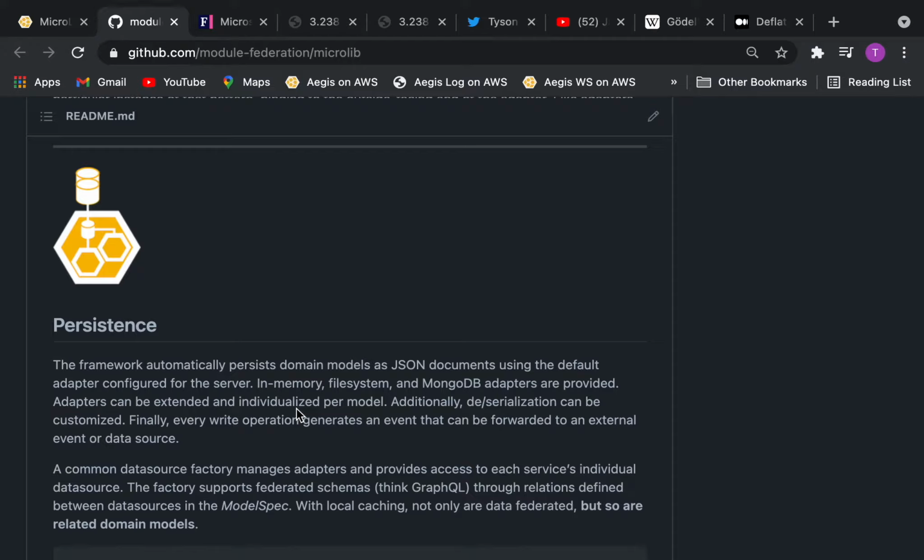What all objects have in common is a cache, and that cache is not just a local cache, but it can also be distributed, and we can have other, remote Aegis servers participate in the distributed cache. That means that when we write to the cache, events are generated and forwarded to those remote instances, which have subscribed